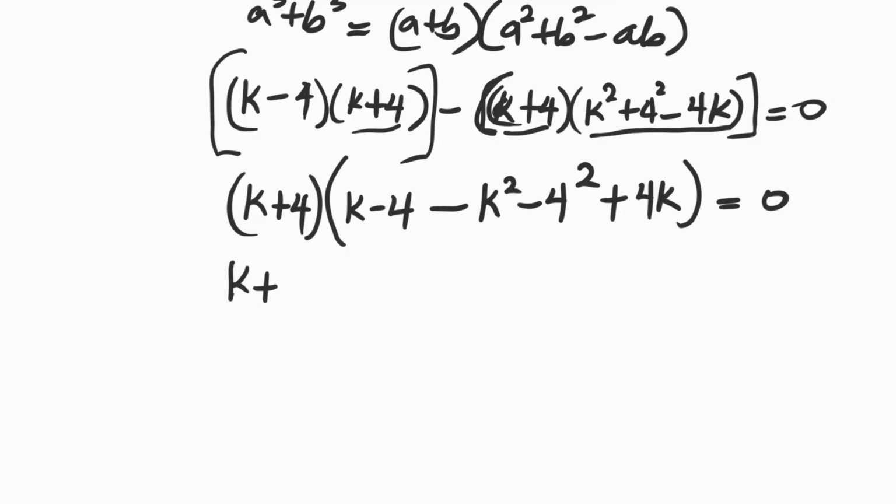So we have k plus 4, and then we have minus k squared. We have 4k and k, that's plus 5k, and then we have minus 4 squared, and that is 16. Minus 16 minus 4 is minus 20